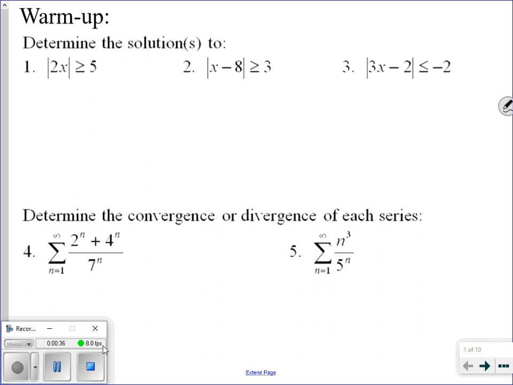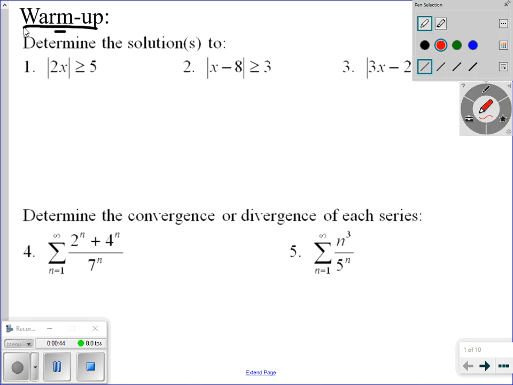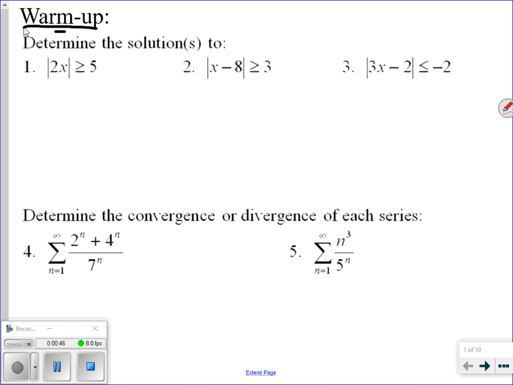Okay. So just a little warm up here that I do not want to skip over. I actually want to do it because it's going to help us with some concepts today. Number 1, 2, and 3, I want us to just kind of refresh ourselves on how to solve inequalities with absolute values. Do you remember how this works, what absolute value means? So another way of saying this would be to say